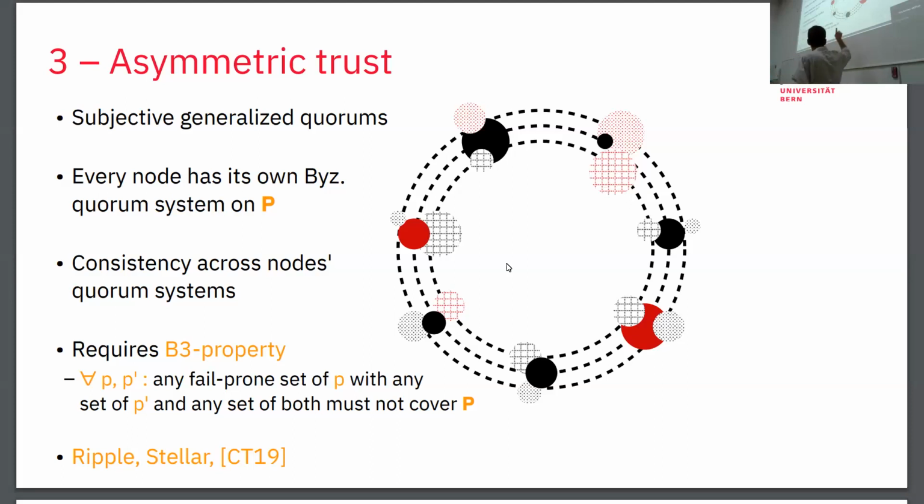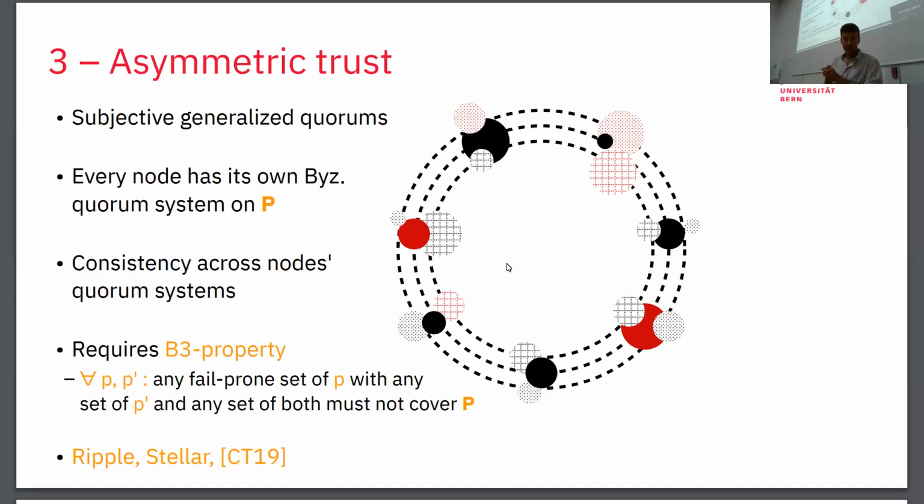So now you should actually see 7 rings here, not only 3, but I did not have the space. The trust assumption of the first node is the solid color. The trust assumption of the second node is the grid-colored one, and the trust assumption of the third node is the dotted one, saying where the third node thinks others might fail. And we have a strict generalization of this Q3 property from before, which others before us called the B3 property, where we can check whether this is still giving us consensus. Ripple and Stellar don't do that.